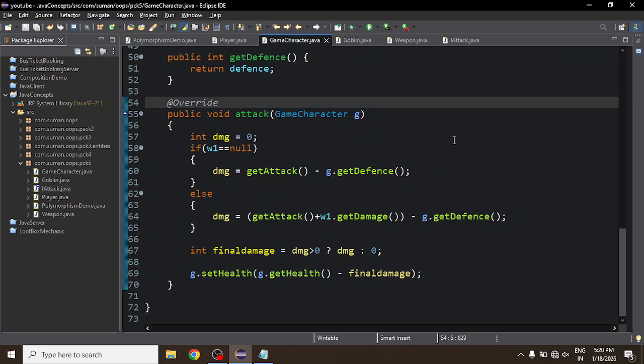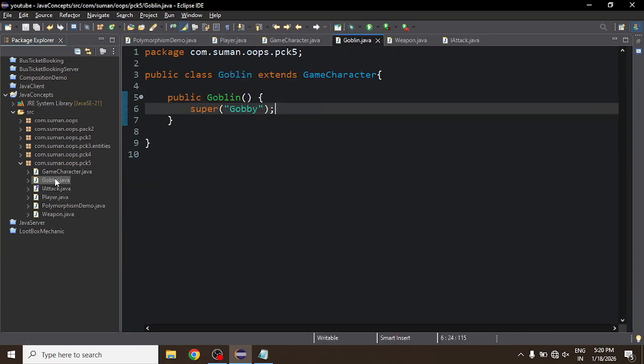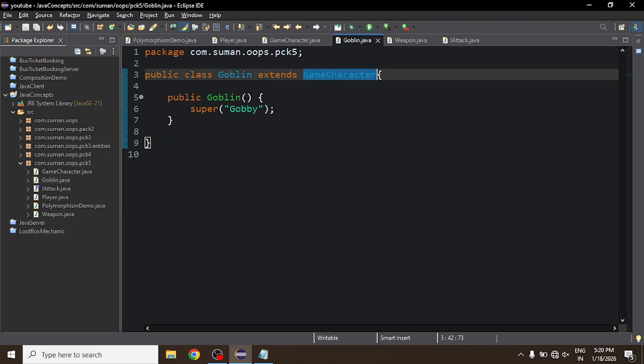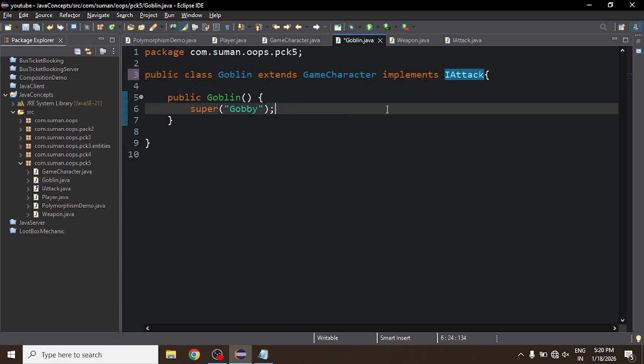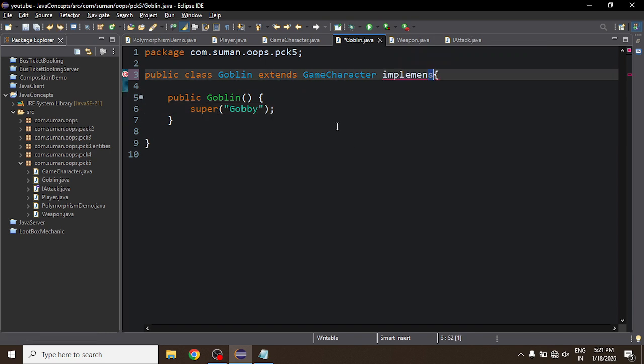Instead of writing it here, I can write the code in the player class separately and goblin separately, like this. I can say implements IAttack. Okay, so now what happens is when I say IAttack, automatically the goblin becomes an attackable target. So goblin can attack like that. Okay, so in this way you can write the code separately, but instead of writing the code multiple times, I